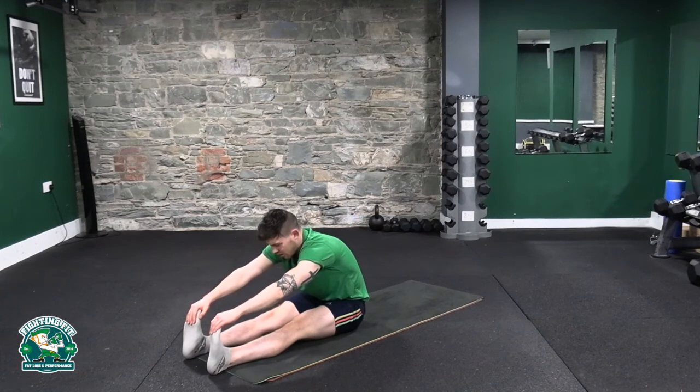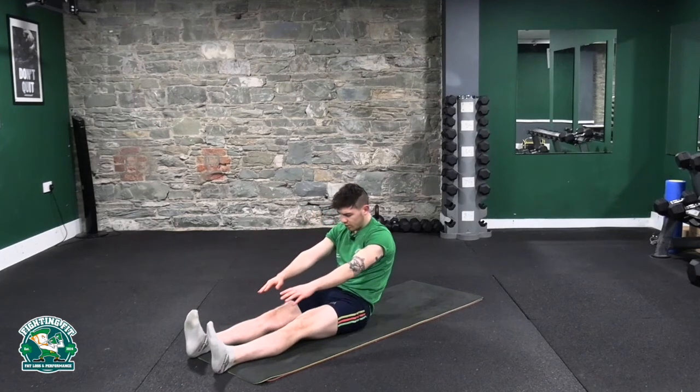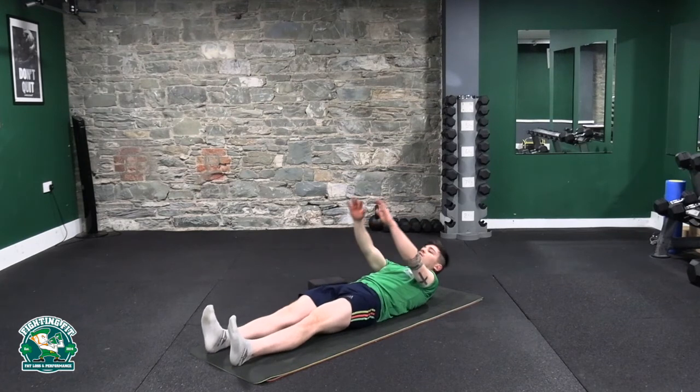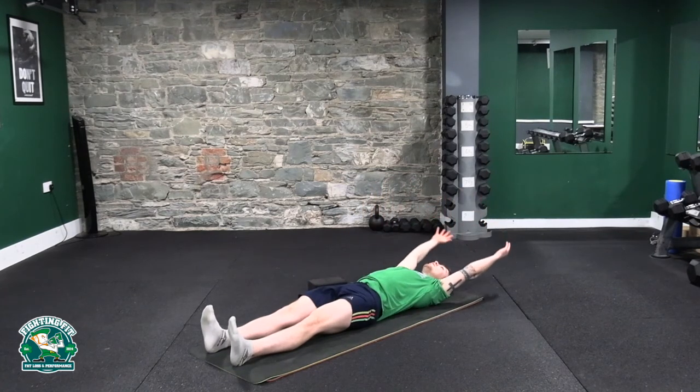big stretch, lovely, jolly, and then we take it back down with control, trying to keep the legs nice and straight, lower back down first, and we come back down. And so we do it all again, big deep breath in,